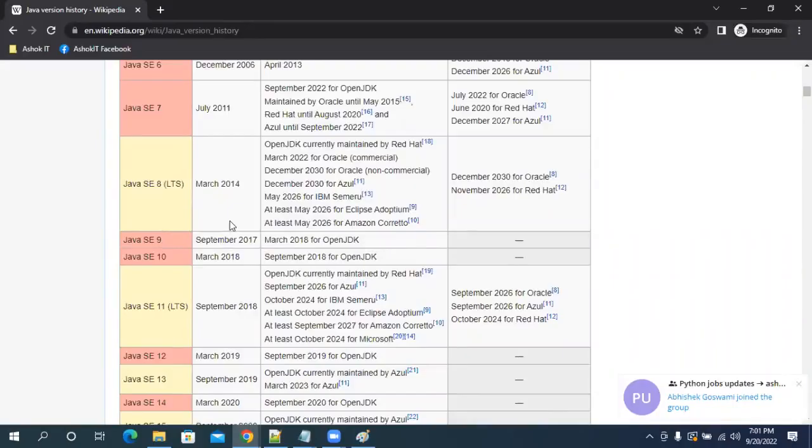Every 6 months, a new version is coming. So people are not following the Java versions like this. In the industry, even in my project, we are using Java 1.8. Some projects in some companies are upgraded to Java 11.